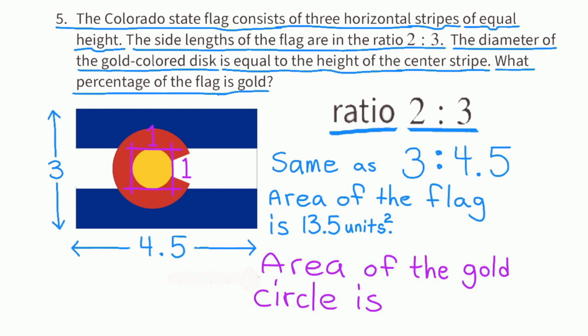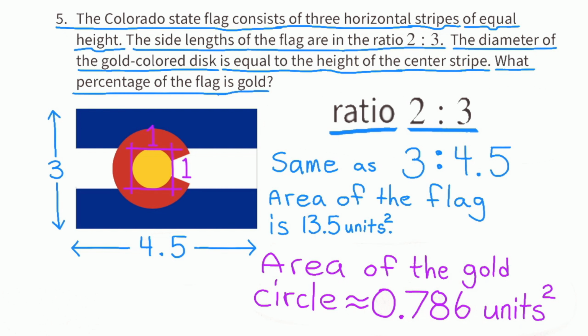The area of the gold circle is pi times r squared. The radius is half the diameter. If the diameter is 1, then the radius is half, or 0.5. 0.5 squared, or 0.5 times 0.5, is 0.25. We can use 3.14 for pi, and pi times 0.25 is approximately 0.786. So that means that the area of the gold-colored disc is approximately